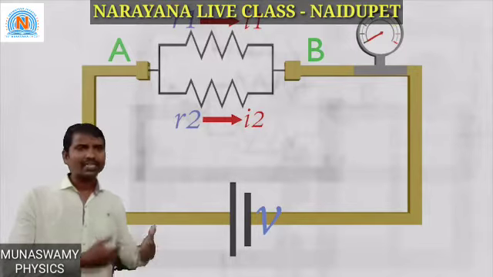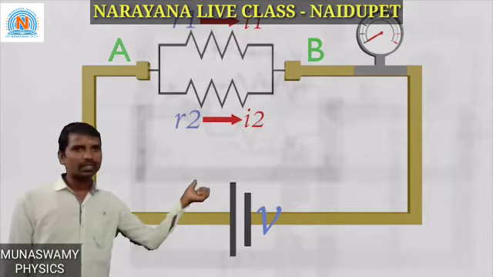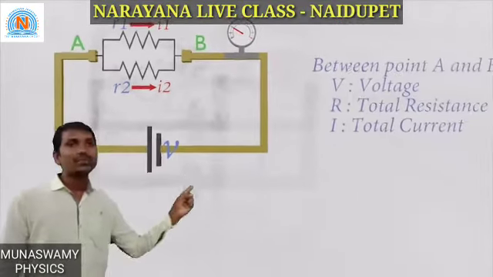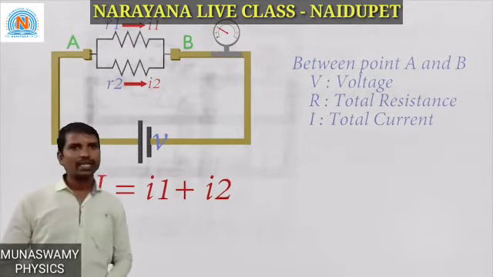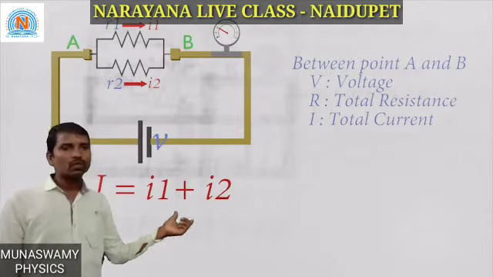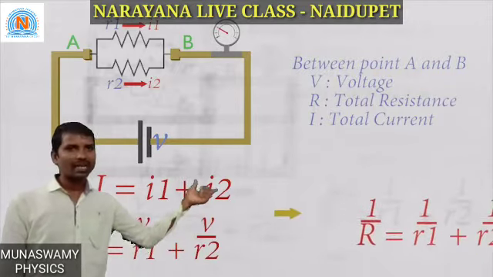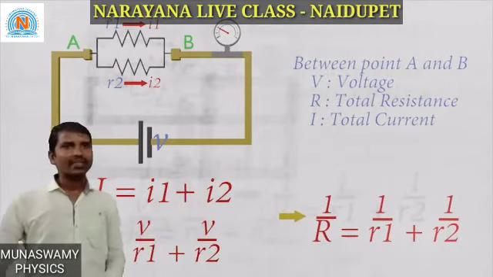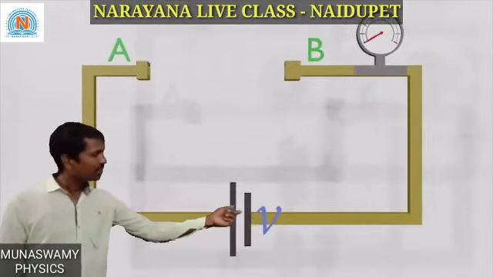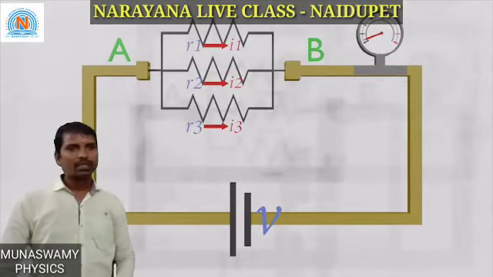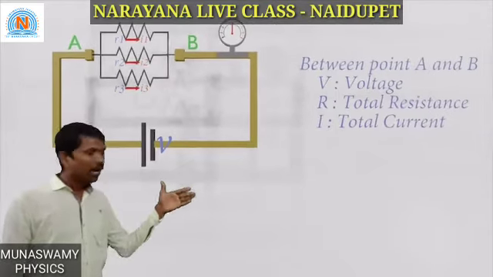Then if we connect two resistors in parallel in this electrical circuit, what will happen? The current must be divided for this parallel circuit as I1 and I2. Now the total current I is equal to I1 plus I2. That means the current is increasing for this parallel circuit. From Ohm's law again, I is equal to V by R, that is V by R1 plus V by R2. So V gets cancelled on both sides. Then 1 by R is equal to 1 by R1